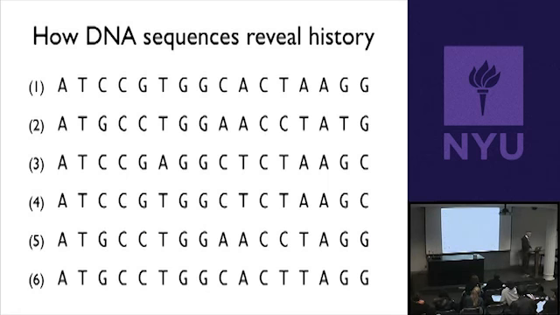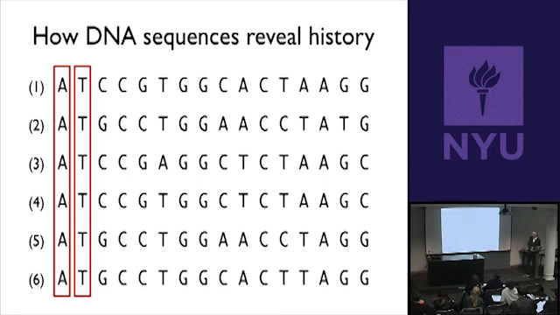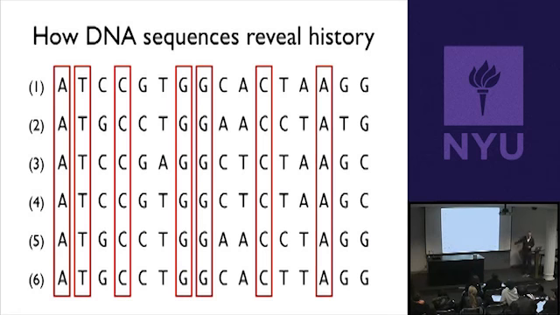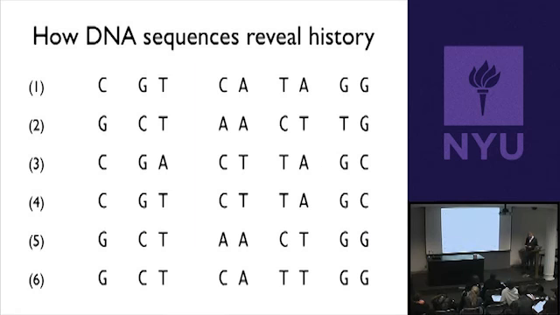Okay? So we can find all of the positions like that. Right? So there's that one. And there's all of these, where every single sequence has the same exact letter. Okay? And then we can eliminate those, right? Because those don't give us any information. So that simplifies things. And now we're left with just these sequences. Okay? And for each of these positions, some organisms have the same letter, and some organisms have a different one. So this one has a C, and this one has a G. Okay? And that's information. That allows us to start to figure out which ones are more closely related.